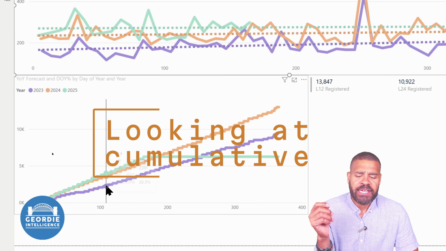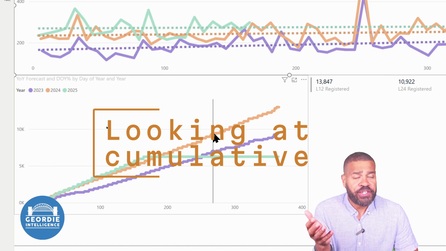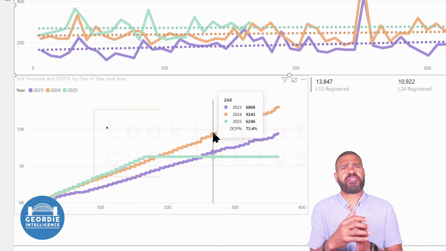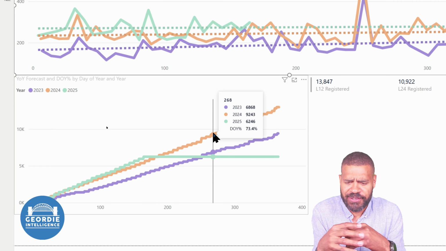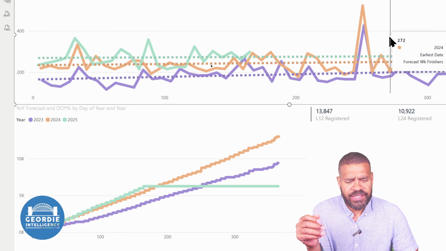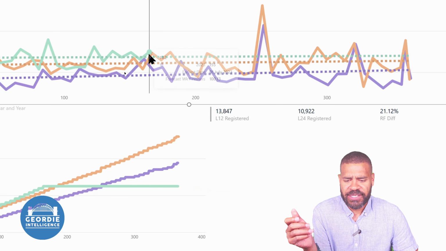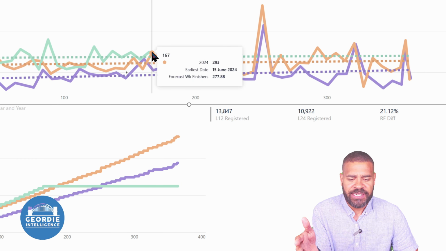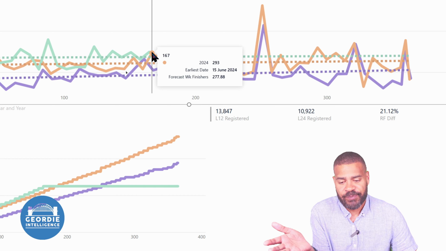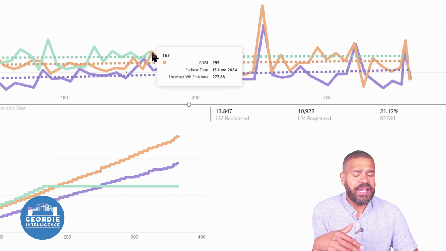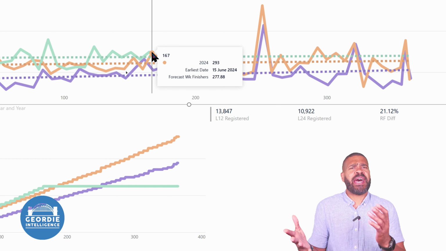Okay. We then have, if we look at the cumulative chart, because that's really the crux of doing any forecasting, is that cumulative, because we can use here and we can say, well, based on this, next week we expect to be, if 277, is that going to be higher or lower? How would you gauge that?